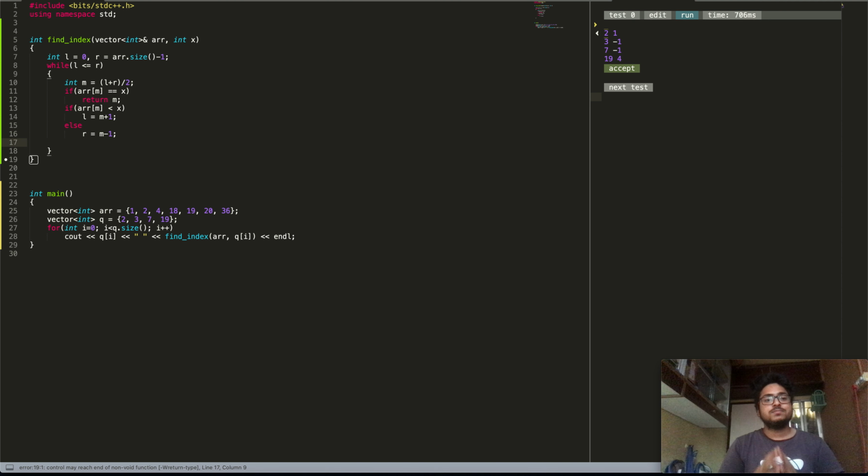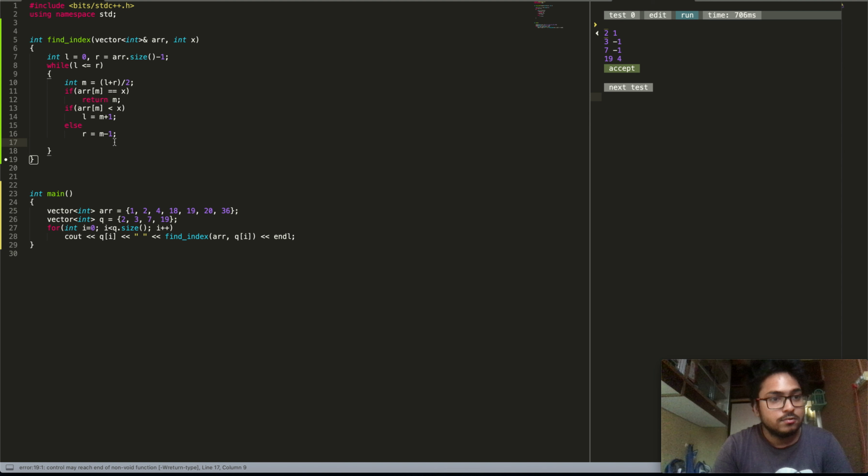So this is basically how binary search works. If you notice, in this case we are reducing the size of the search space by 2 at the end of each iteration. How? Because we are computing the mid element over here, and then either we find the target value, so in that case the search stops. If we do not find the target value, either L is updated to M plus 1 or R is updated to M minus 1. So in any case, half of our search space is eliminated at once.